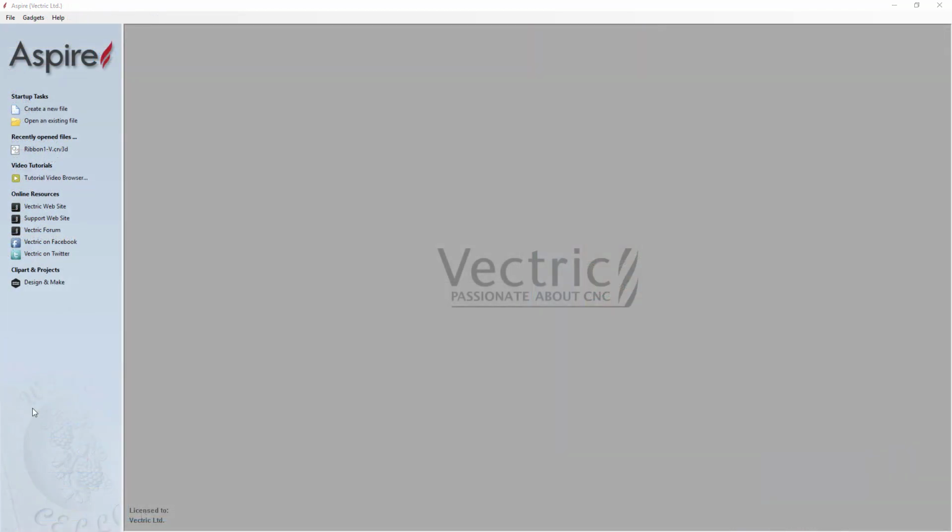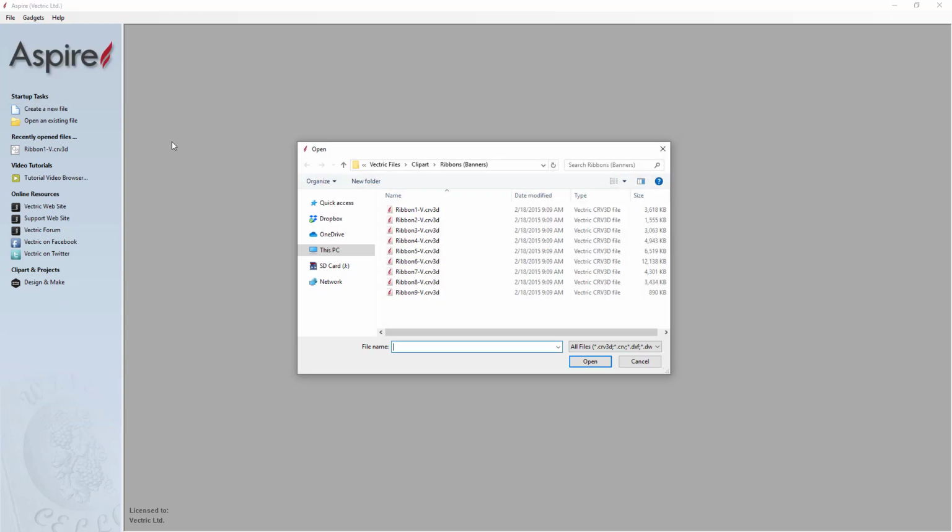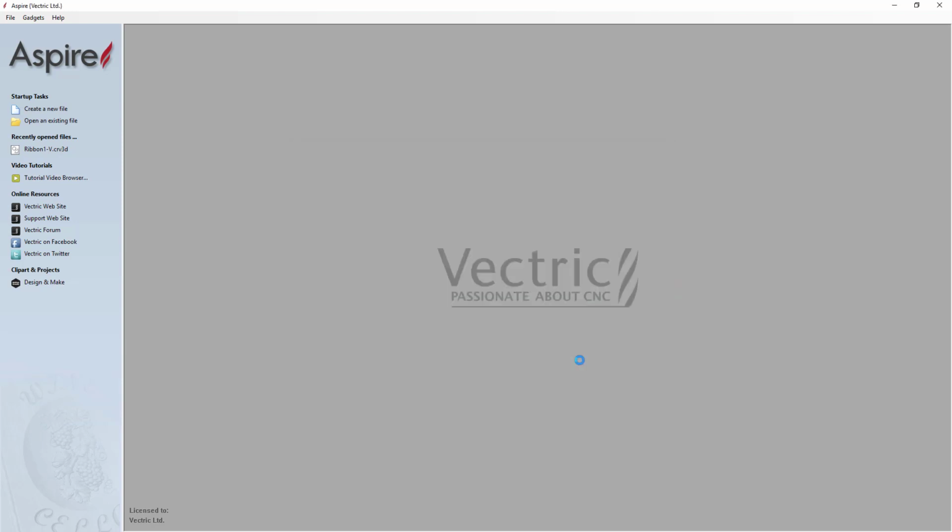We also include some free content in the form of actual Aspire files, which are .crv 3D files. And let's have a look at one of those right now. So if we go to File and Open, we're going to navigate to our Clipart folder again and look in our Ribbons folder. If we have a look at ribbon number 1 and open that up,